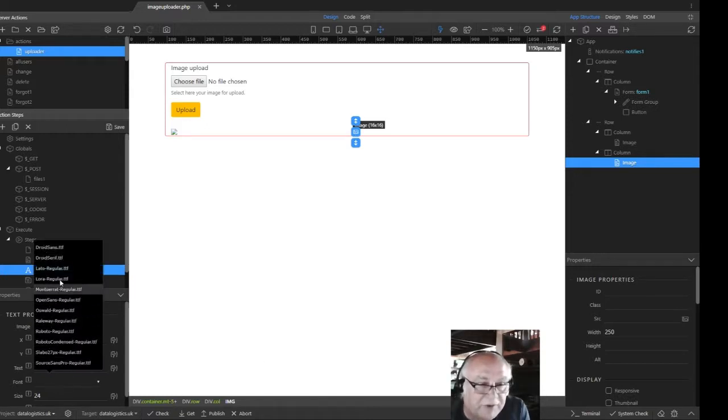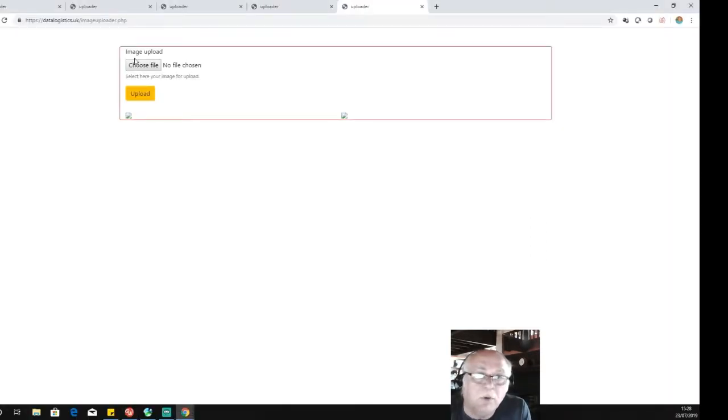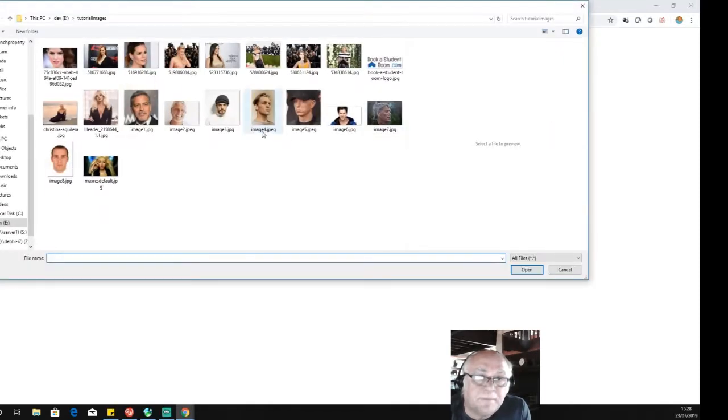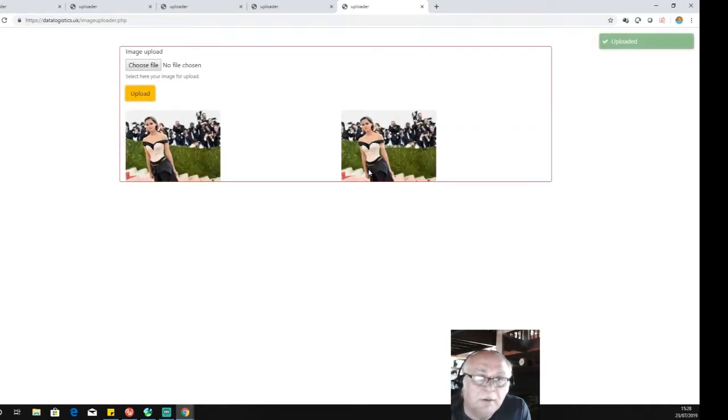You can pick a font. Let's pick any old font. Let's save that. So what we should now have is the image that we got should have the word watermark overlaid over it as a watermark. There we see. It's possibly not that clear on your systems, but there is the word watermark in the